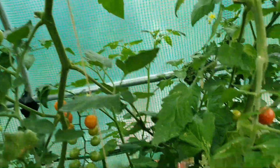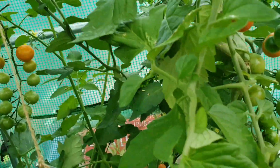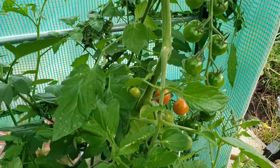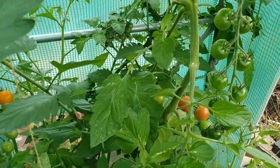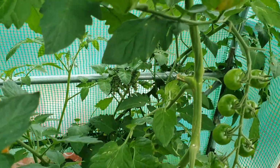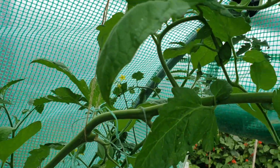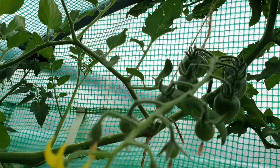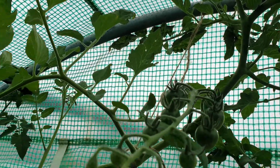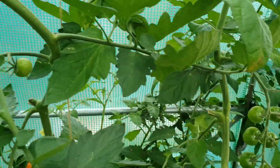Then we've got the, can't remember what this one is. I can't see the label anyway. I don't think it's a black tomato because it's got red tomatoes on it. I think it's an F1 type. Can't remember. I have to go back through the video and have a look. Where I literally let this one climb up and up and up. I stopped it there. So it's like a little arch in here. Brilliant. And over here,